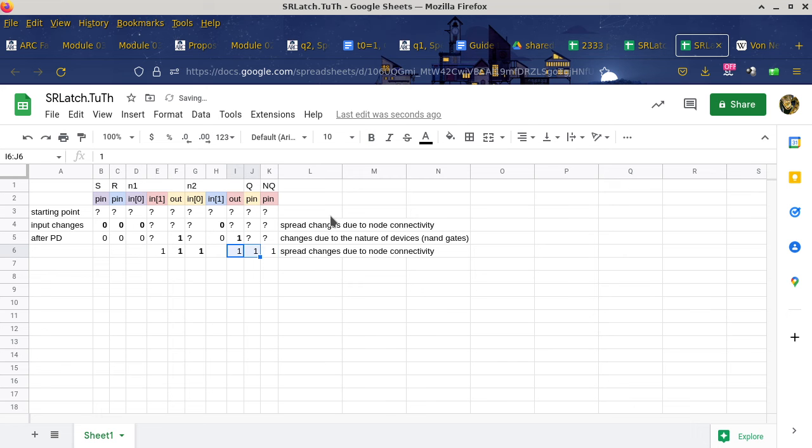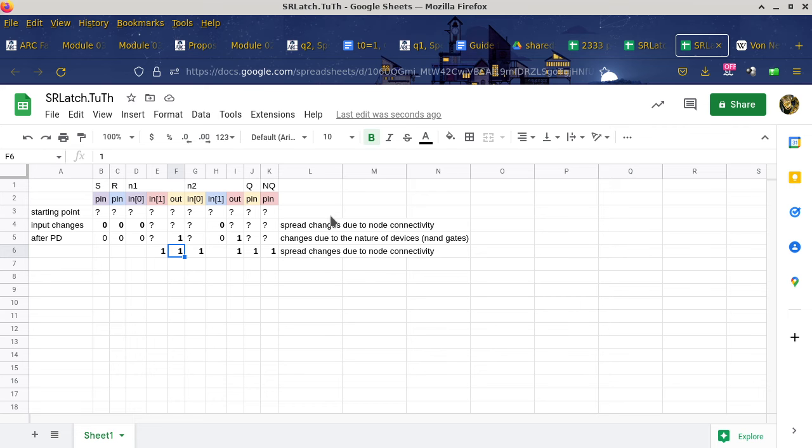And they all have to be highlighted in boldface because they are changes from what they used to be. Out did not change? Out did not change from the propagational delay. That is correct, but it is still a change from the previous one, from the start. Yeah. So in reality, row 5 and 6 should be combined, but I want to separate those two because one